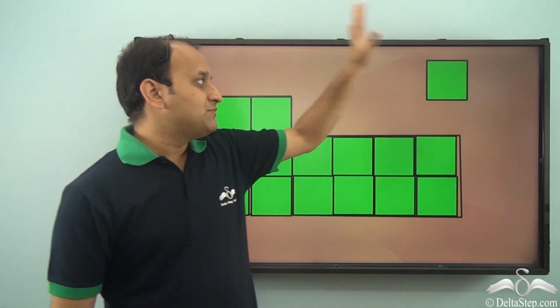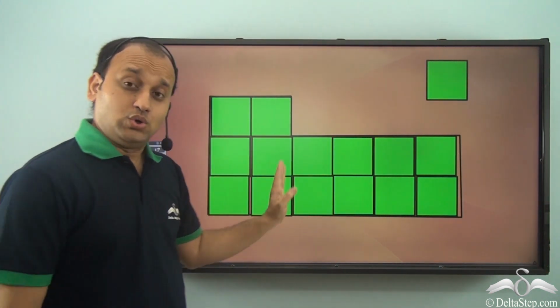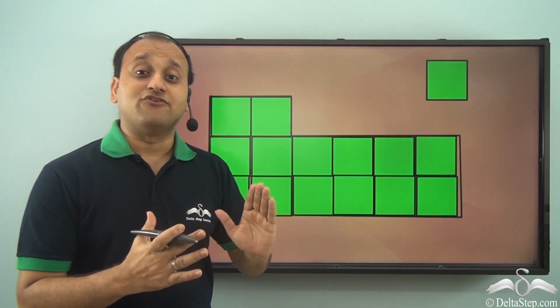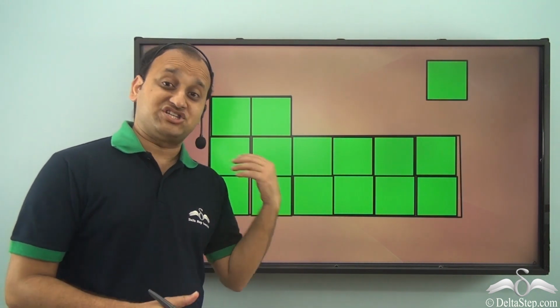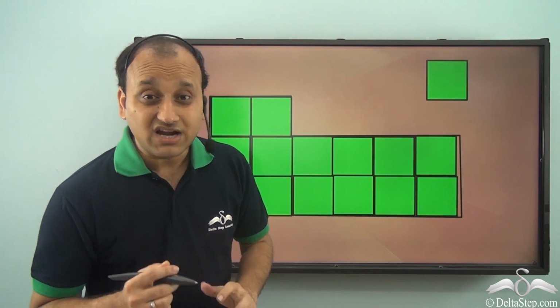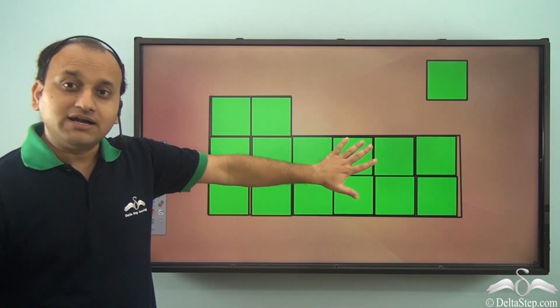Now as you can see, when I'm using these tiles, I'm definitely able to calculate the area, but it will never be accurate, right? In order to accurately find area of any shape, you need to know the formula of that particular shape. Now if it is a regular shape, you have a defined formula for it to calculate the area of that particular shape. And in case you find a shape which is not a regular shape, then you will have to break it into a number of regular shapes, and by applying formulae of those shapes, you can find the area of the entire shape. So this is one method to approximately calculate the area of a shape.